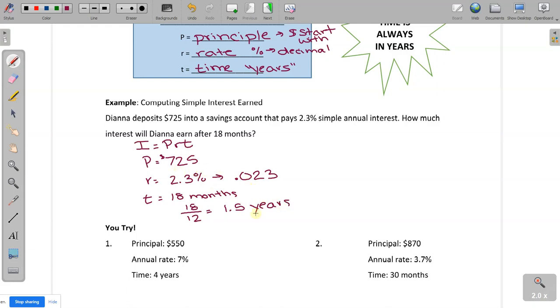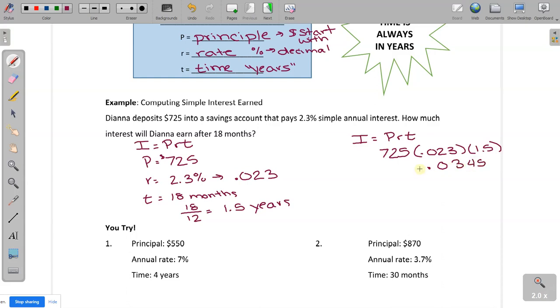So now we need to take all this information and substitute it into our formula. So I equals PRT. So our principal is $725 times our rate of 0.023 times our time, 1.5 for our years. Now multiply this through. Go on and multiply your rate times your time. So we're going to take 0.023 and multiply it by our time, 1.5. When we multiply it, we get